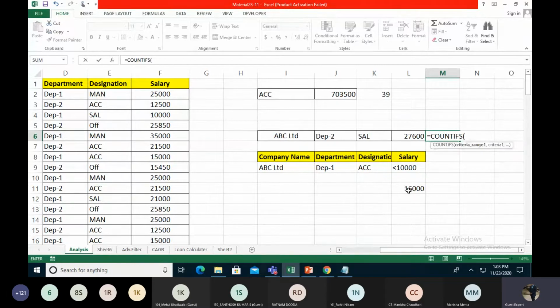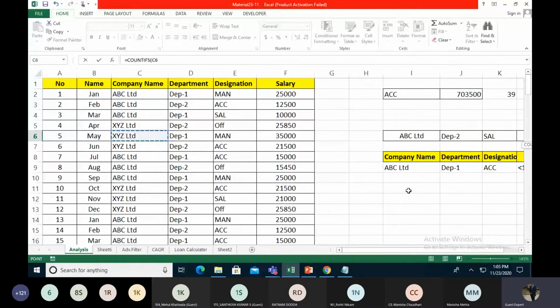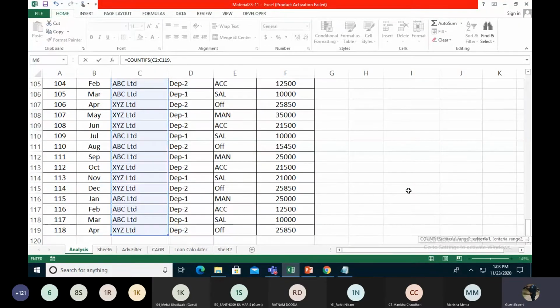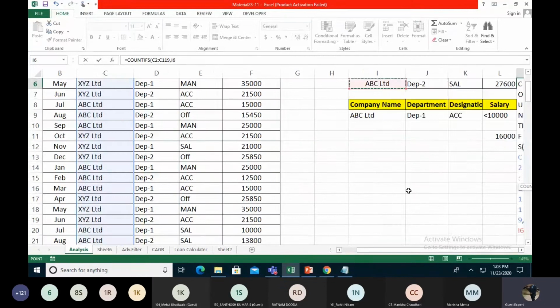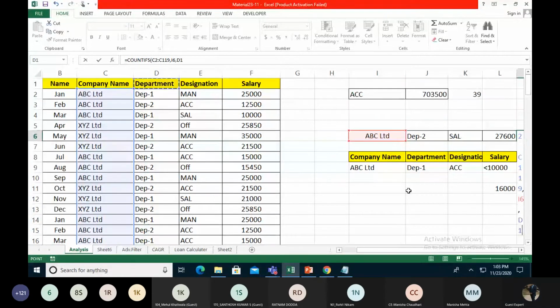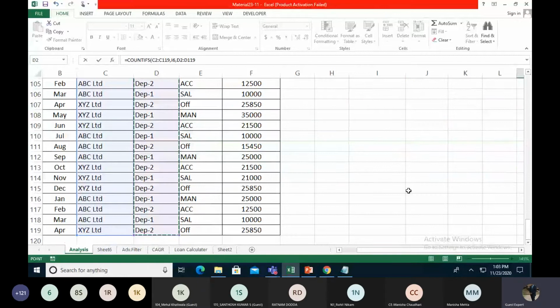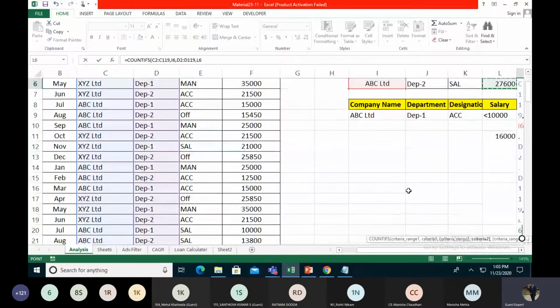First of all, we take the first criteria, which is company name. So we select the company section, comma. We take the criteria as ABC Limited. Then our second criteria, we select all the departments and take the department.